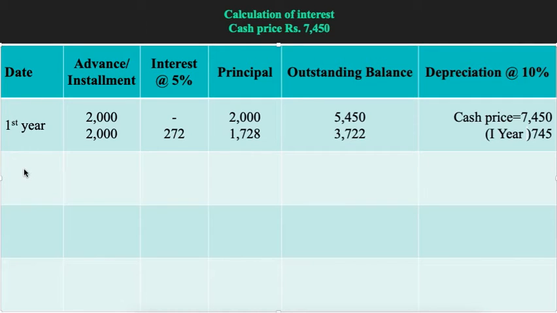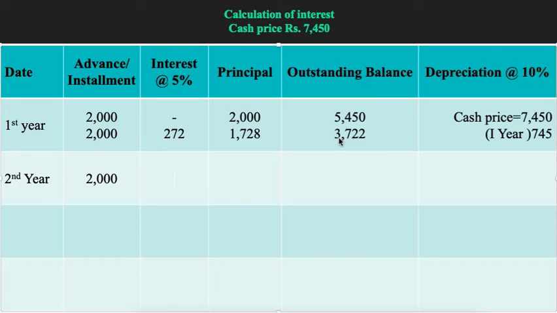Now when we go to the second year, what are we doing? We are paying the second installment. How much? It is 2000 rupees, right? So this is the second installment, and this installment includes what? It includes the interest amount also. So that interest amount we are going to calculate on the outstanding balance,